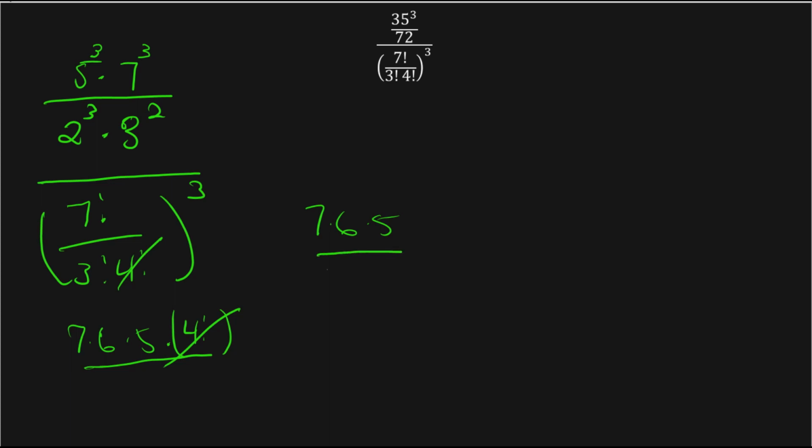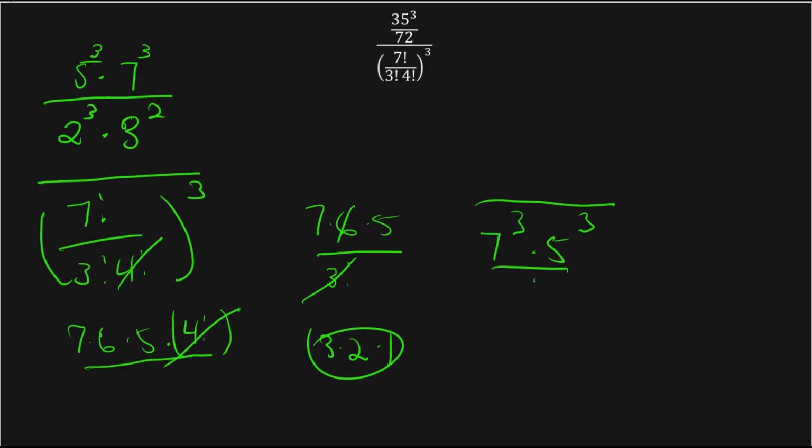over 3 factorial. 3 factorial is just 3 times 2 times 1, which is just 6, right? So we can cancel all the 6's with 3 factorials. So now we're just left with 7 cubed times 5 cubed. And this is all over 1. And then up here we have 2 cubed times 3 squared, 5 cubed times 7